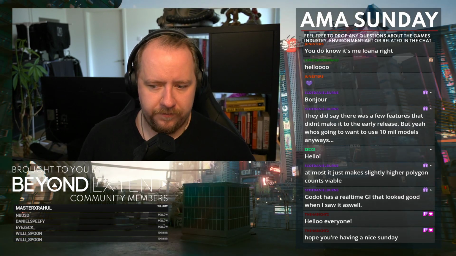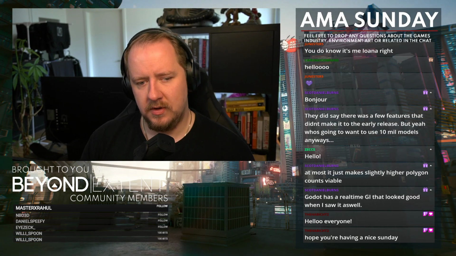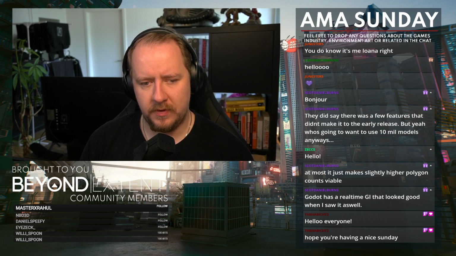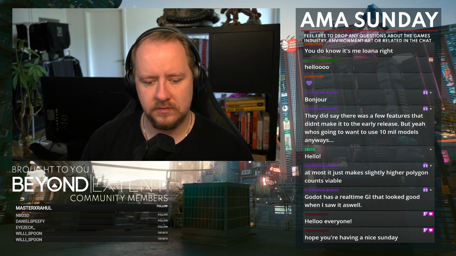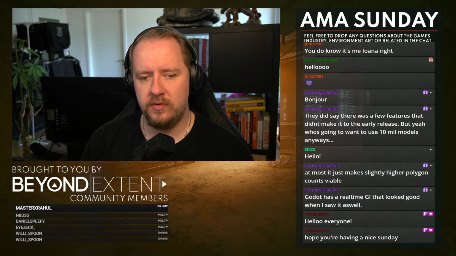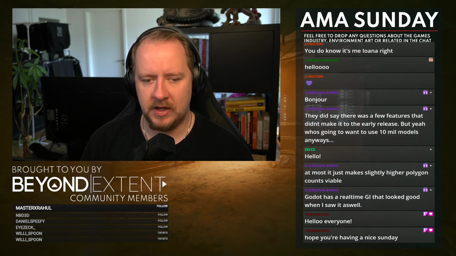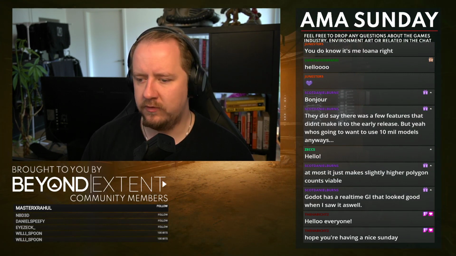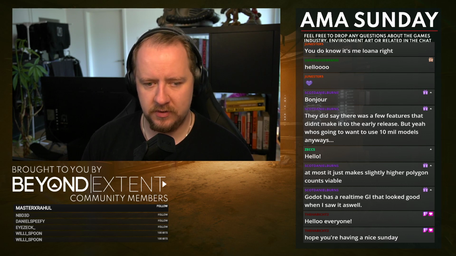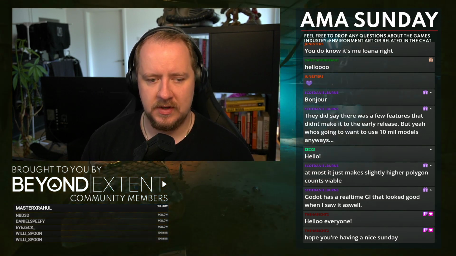So it makes it not feasible. And you alluded to it yourself as well. No alpha. You can only do opaque shaders with Nanite. So no translucency or anything like that either. No alpha.